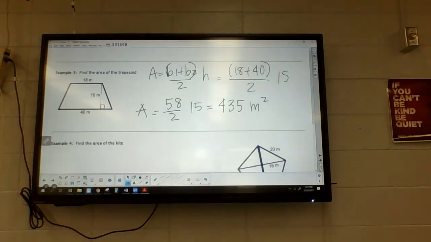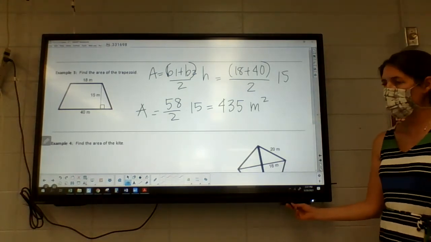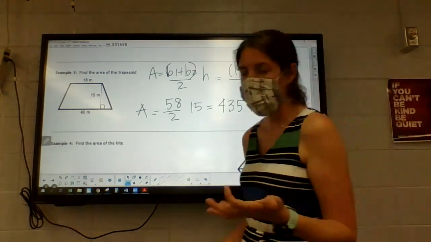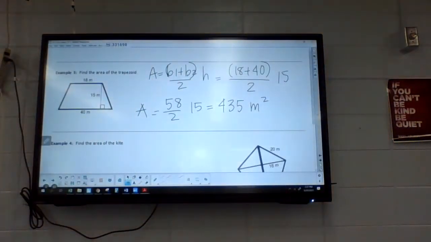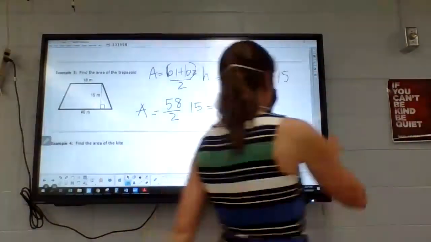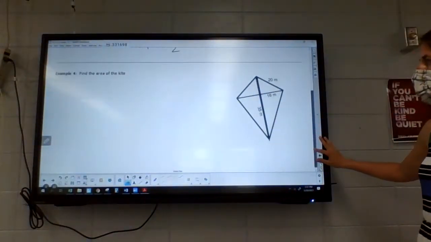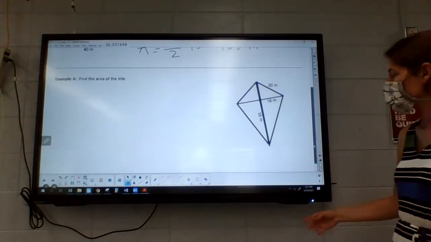Now the next one is not as straightforward. They're asking for the area of a kite. Now a kite is, like I said, the one that for whatever reason I have a really hard time remembering, just maybe because you don't use it very often. So the area of a kite,